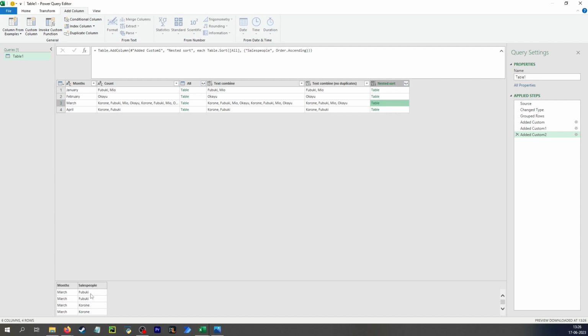So if you had something like sales, where you wanted both the salesperson's name and their top sale, or maybe the item that they had the biggest sale on, here you could have salespeople, and then what was the item they sold, what was the date they sold on, how much profit did we make. You could then sort the salespeople table based on the profit margin, and instead of having Text.Combine with just the salespeople, you have Text.Combine with salespeople and their biggest sale of that month, and then a separator to the other value. But that's out of scope of this video at least. I just wanted to see if I could do what I wanted to do. So yep,